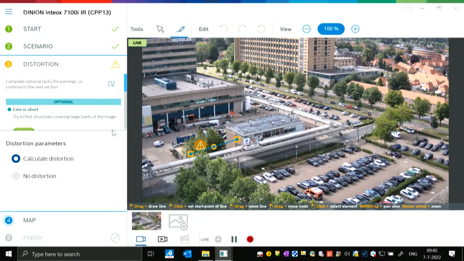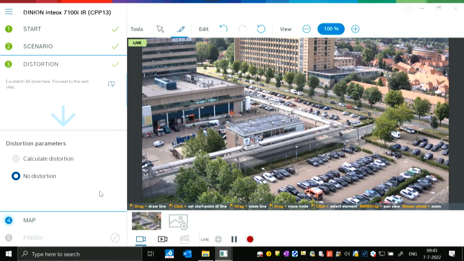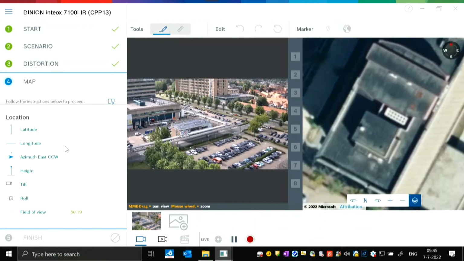Continuing, I would say, okay, the camera doesn't have distortion. No distortion, the camera gives an even plane feed. So I will simply skip through that and continue with the whole setup. And here is the beauty of it. Here is where we can do map-based calibration. Map-based calibration means I want to calibrate because I want to put values to all these 7 values.